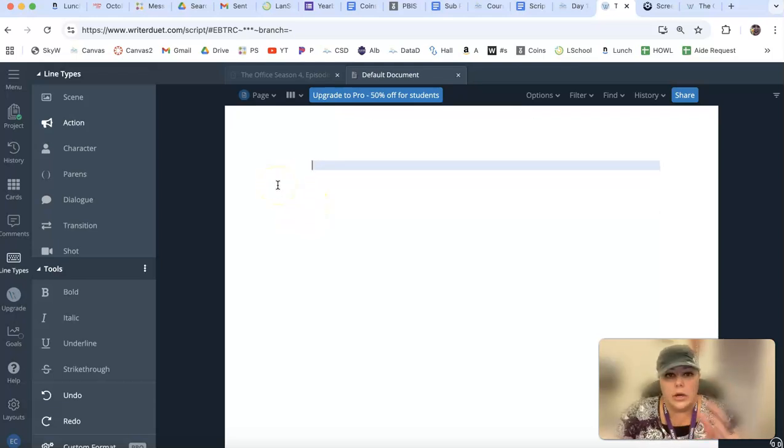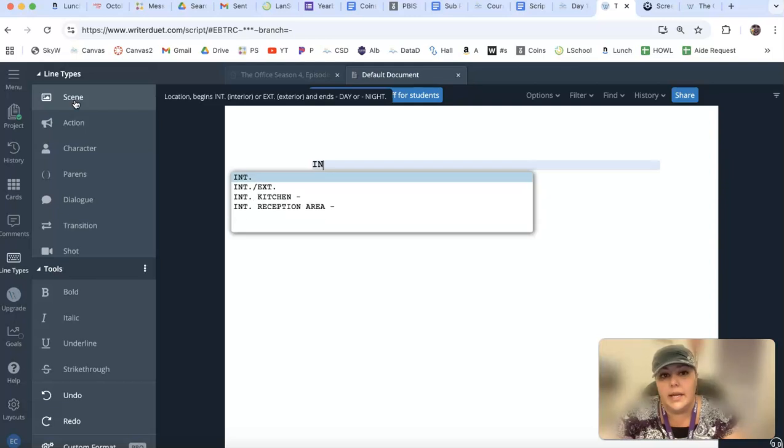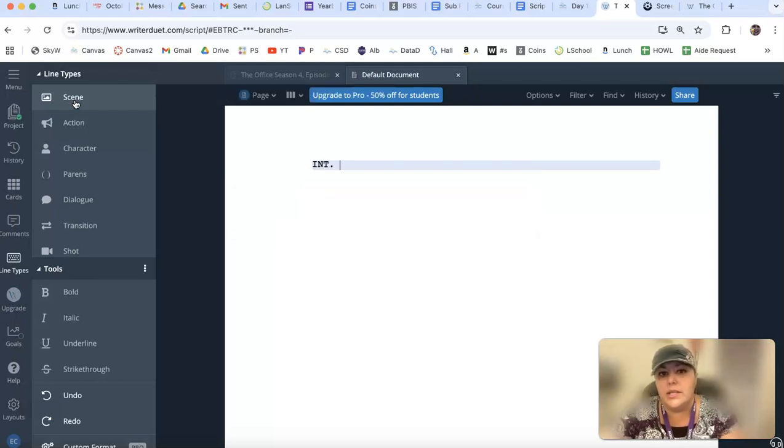Okay, so I'm going to show you. Let's say I'm ready to start my script. We're going to start with a slug line, which remember they call scene. If you forgot any information about a slug line, go open up your vocab from yesterday. But there's some cool stuff. When you start typing, let's say I'm doing a scene that's inside. As soon as I start typing, it will guess for you. And then you can click the one that you want it to be and just press enter,